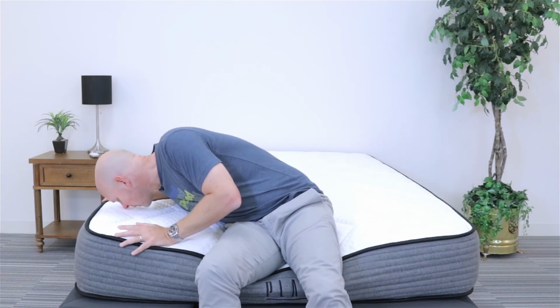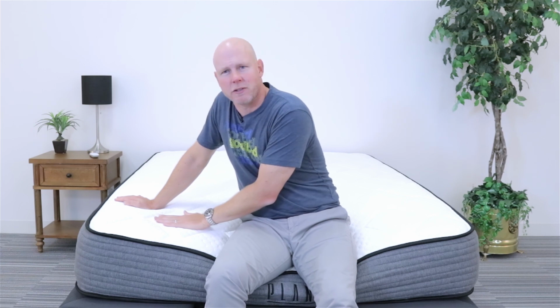On top of that, I also could say that when we opened this mattress, vis-a-vis other mattresses we open, there was relatively lower off-gassing that we experienced initially. There certainly was some new mattress smell, but even after just a few days, I have to get right up next to the mattress to be even able to detect any kind of that foam smell or new mattress smell. So I think in general, we didn't experience a lot of off-gassing on this mattress